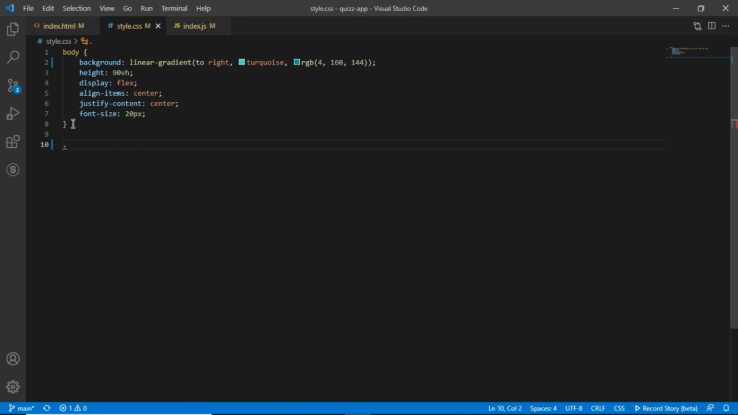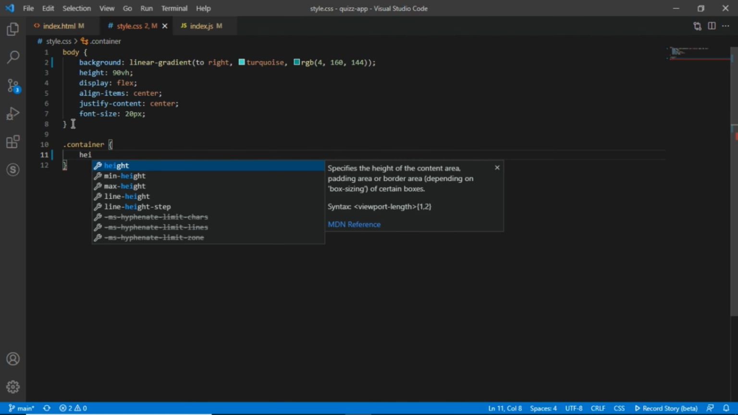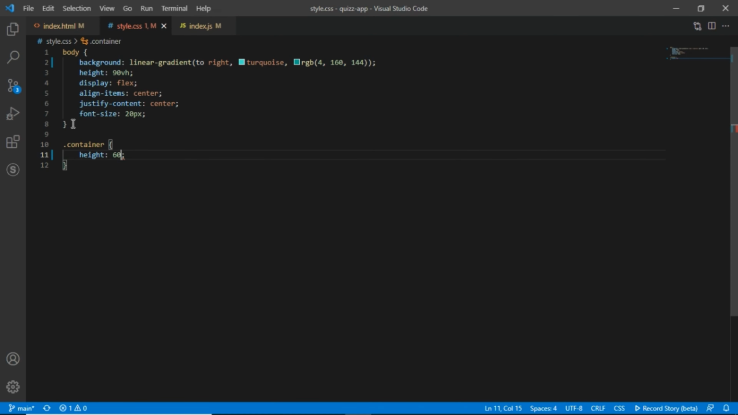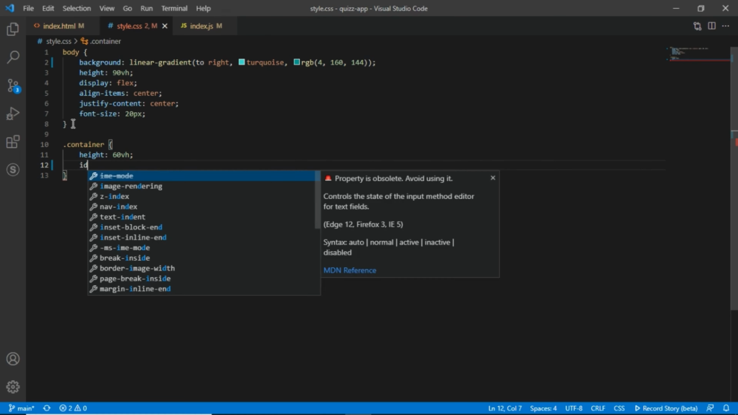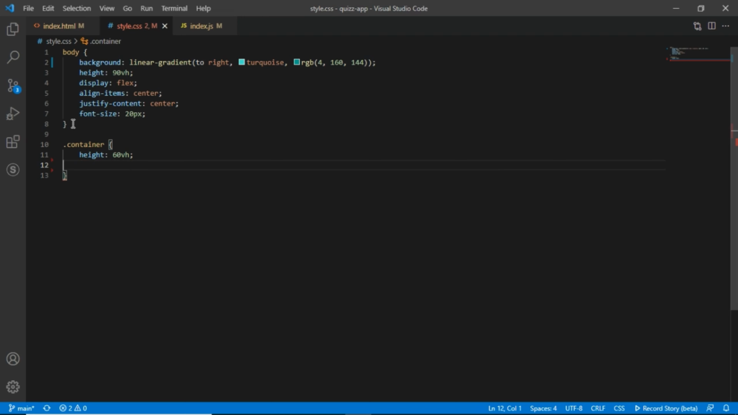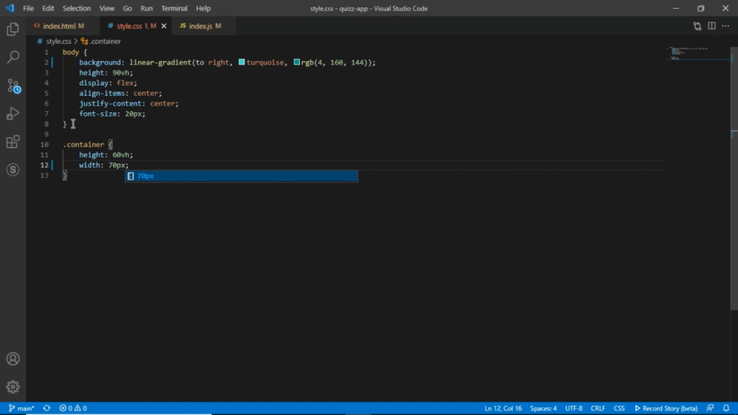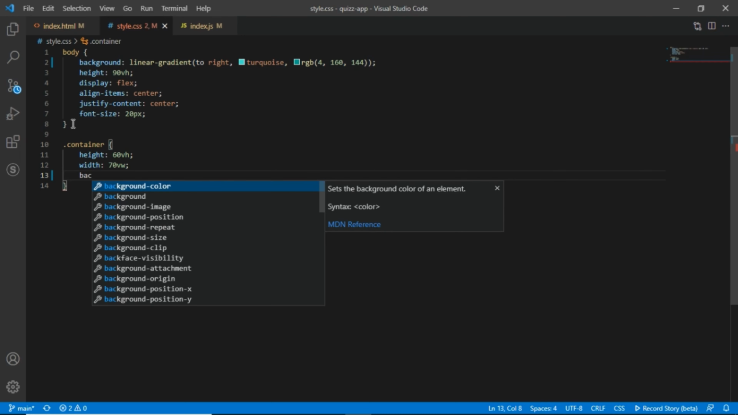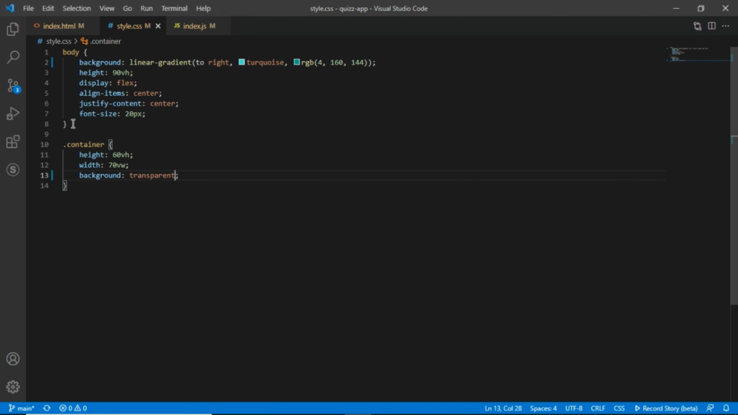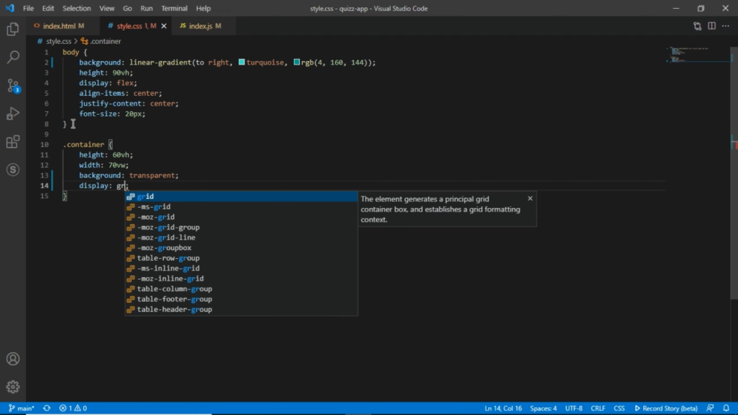So I'll style my container that is going to hold our questions, and here I'll give it a height, and that is going to be 60 view height, and I'll give it a width. Oh, this should be width actually, and that is going to be 70 pixels. No, 70 view width, like that. So I'll say background transparent, but you don't even need that. I'll say display grid, that is going to have a display of grid,